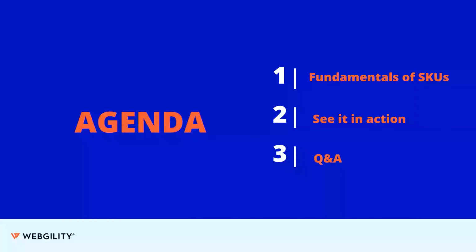The first thing that we're going to talk about though is addressing the fundamentals of SKUs and product identifiers, as I like to call them, just to start with a baseline, because we're going to be using that term pretty frequently when we go into the demo. So I want to make sure everybody has the same understanding and knows why it's so important. After we get through that first fundamental screen, we'll go through the demo with David. We'll take you through all the steps of utilizing Webgility properly